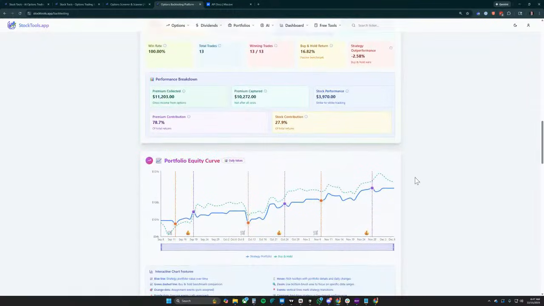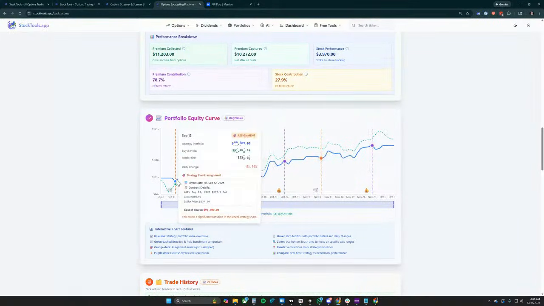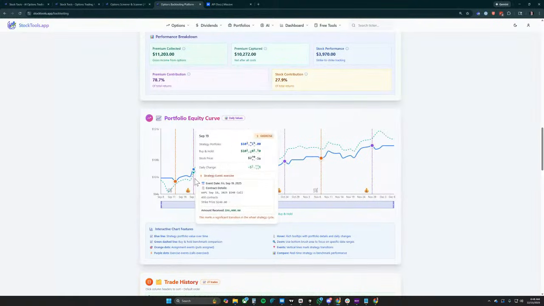And so if you see here, you can see we're selling puts, and then we get assigned the put, and now we're wheeling. So now you can see the strategy portfolio is flat. You even have a visual. Look at that. Yeah, it's pretty sick, man. It's impressive. I've spent a lot of time on this. I got really hyper focused on this for like 2 weeks, and was just really trying to make this cool. So we get assigned our put, and now we switch to our call, right?